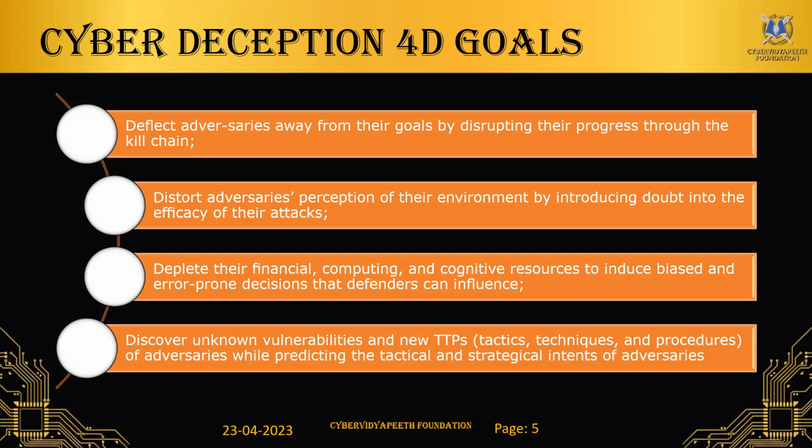And in terms of the four goals, I think one of the most important is not just knowing the IOCs or TTPs, but also the motives of the adversary. If the motives are known, then we know which asset they are after, and we can create a breadcrumb trail for them so that they are taken to a new destination rather than the destination they are looking for, and we can curtail the damage, or we can really deceive the adversary to disclose and divulge every piece of information they carry along with them.